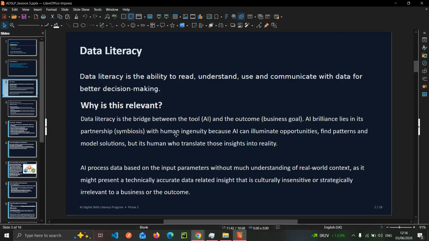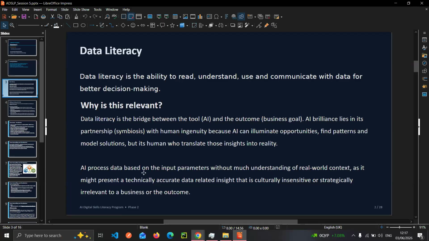There's a partnership wherein humans use AI in accomplishing tasks, and they leverage the brilliance of AI in pattern recognition, illuminating opportunities, that is finding openings, and modeling solutions. But at the end of the day, it is humans who translate those insights into reality, because we understand the context and its application better than AI.